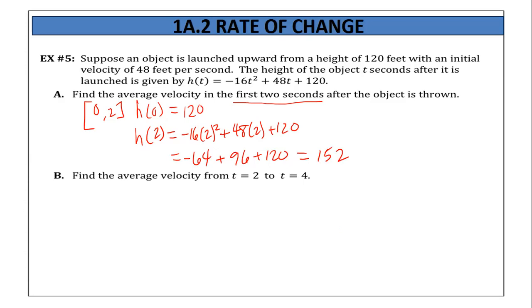Do I have enough information to find the rate of change now? Yeah, I do. So again, change in Y over change in X. My change in Y is 152 minus 120. Change in X is 2 minus 0. That puts me at 32 over 2,